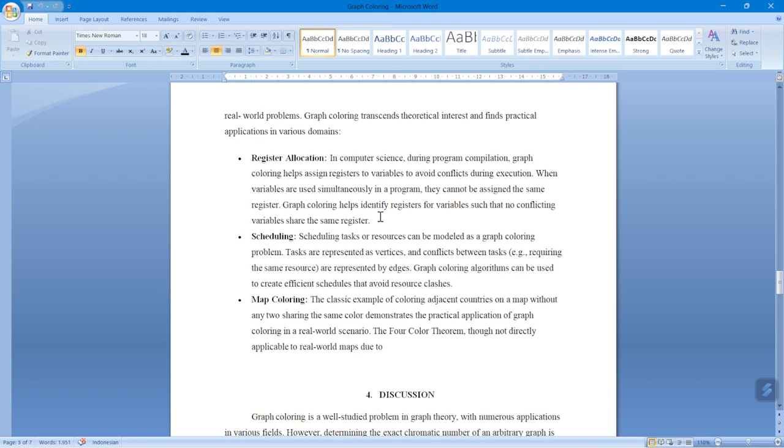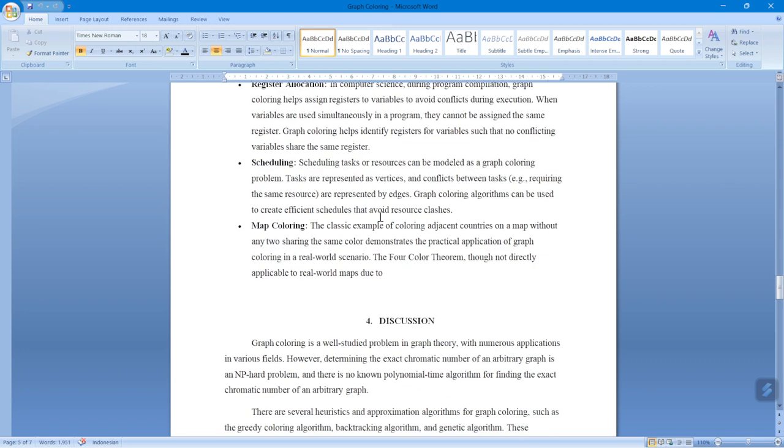The classic example of coloring adjacent countries on a map without any two sharing the same color demonstrates the practical application of graph coloring in a real-world scenario. The four color theorem,